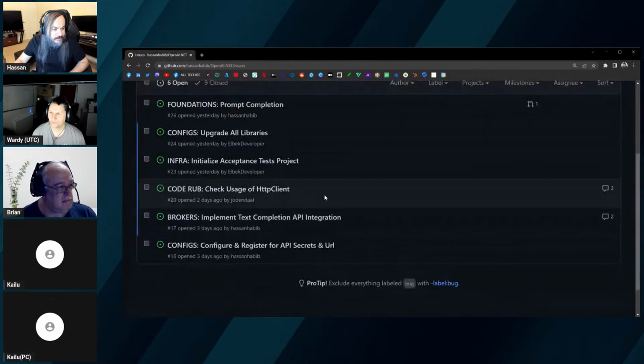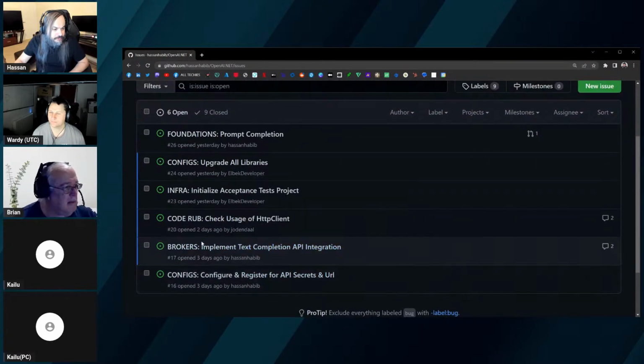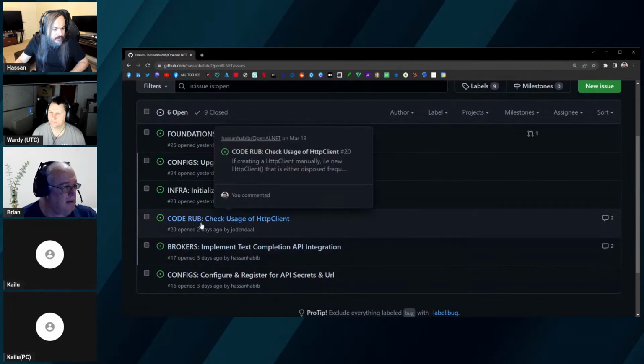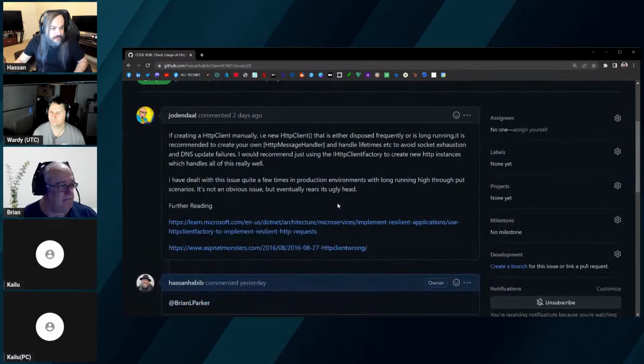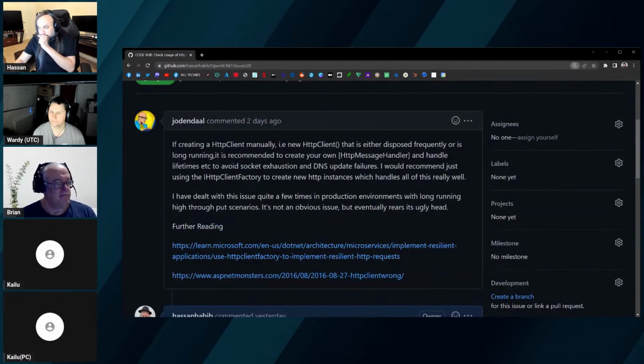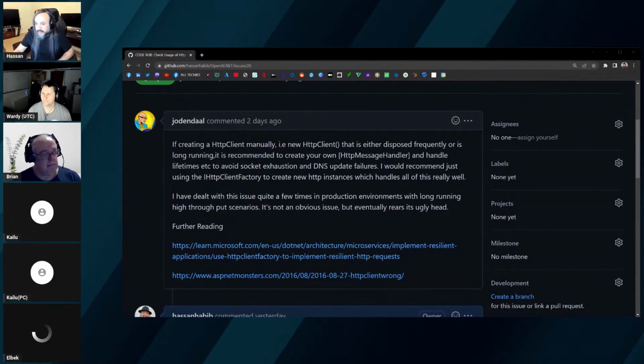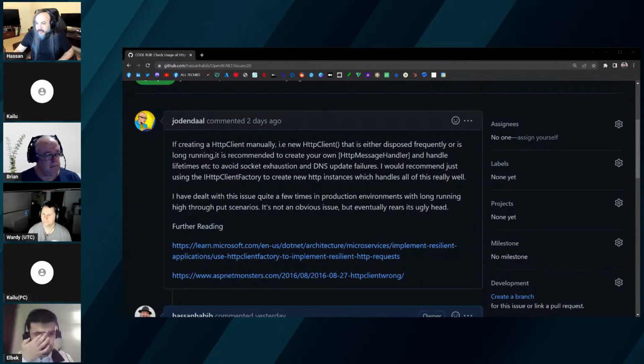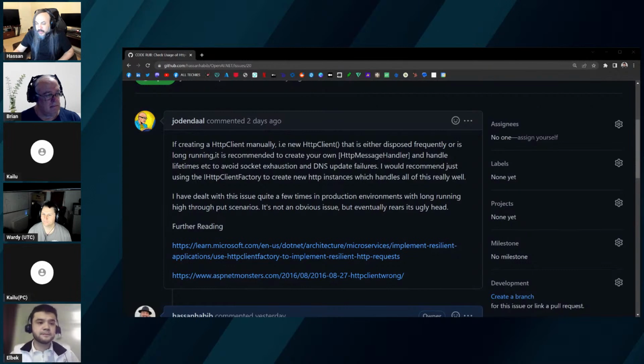Someone opened that up, which is configure, fix, and completion. Check usage for HTTP client. Let's dig into this a little bit just to see what's happening in here. So what I'm seeing in here is that,